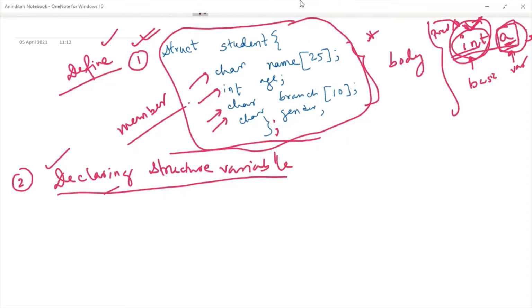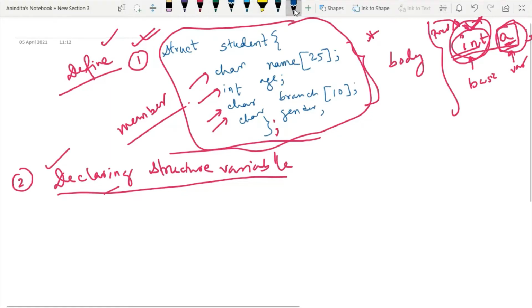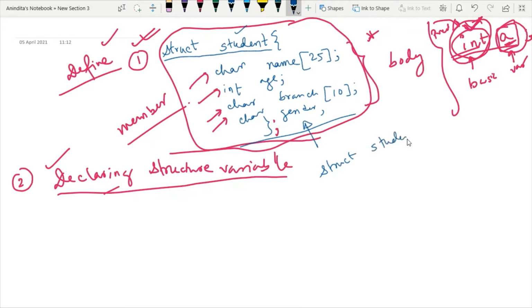Now we will learn how to define a variable of a structure. So it is very simple. After defining a structure, you can copy the entire name. So copy the entire name means I will write the keyword struct and you just copy the tag name, and here the tag name is student, and after that you can write the variables, say a, b.